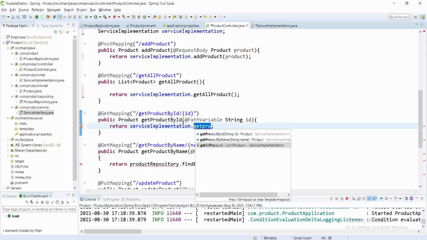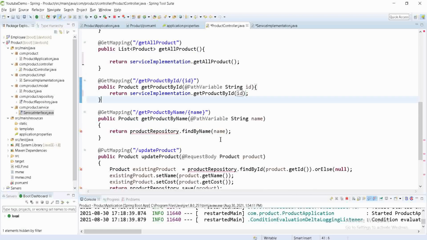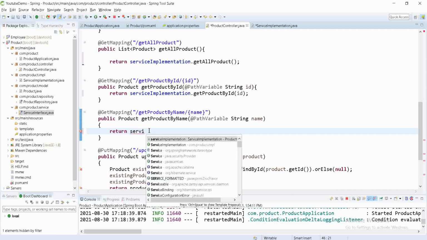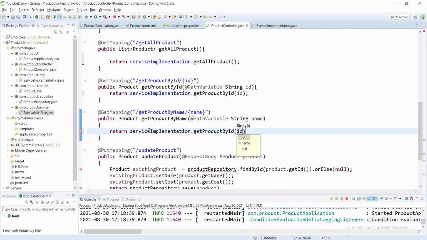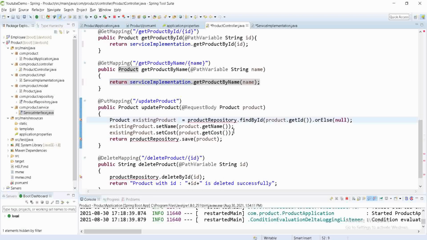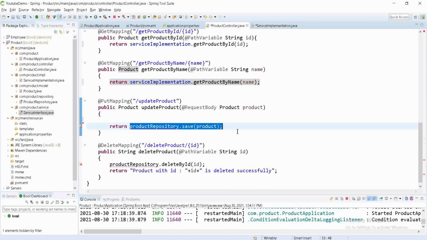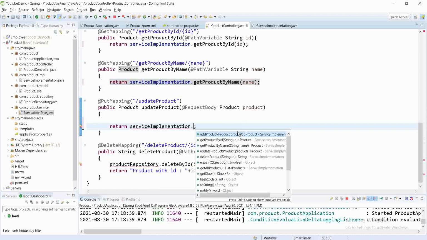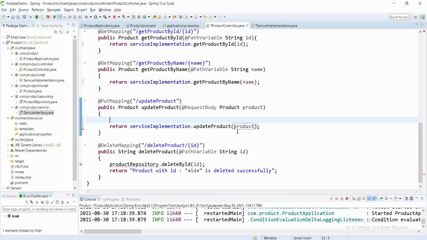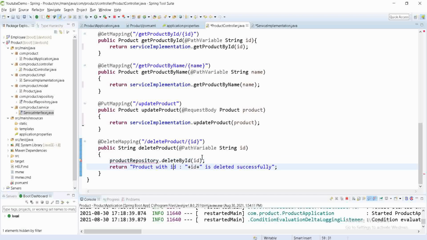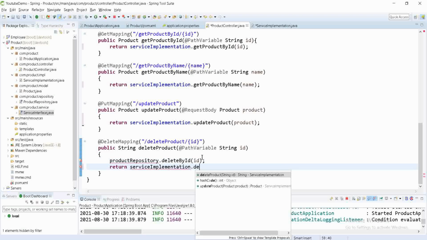Get product by ID, okay, this one, dot get product by name, then dot update product by product, then the last one is delete, dot delete product.